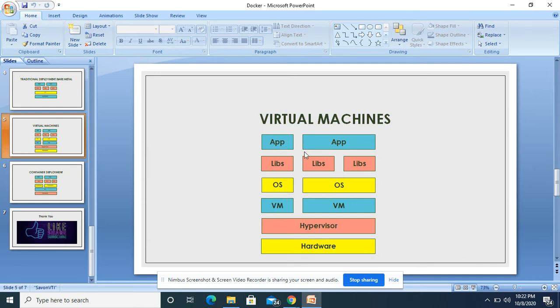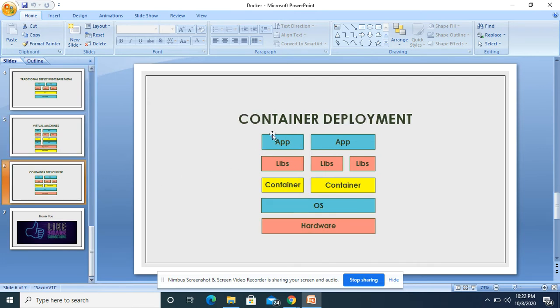Because of this, a different deployment structure came, that is container based deployment. In container deployment, we again set up our hardware and keep the OS. After that, we don't put any VM. We put the Docker layer on it.